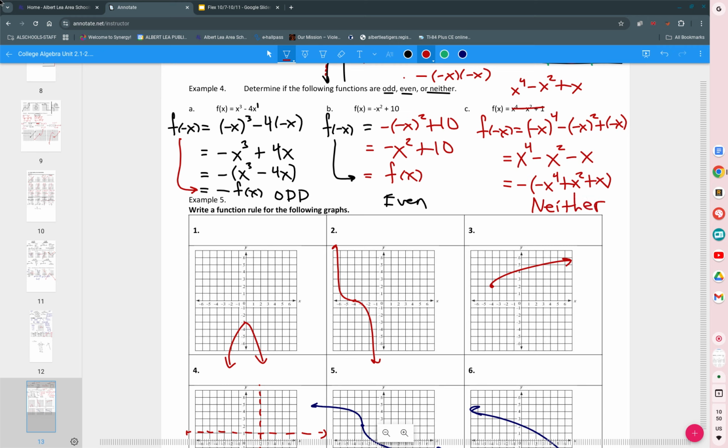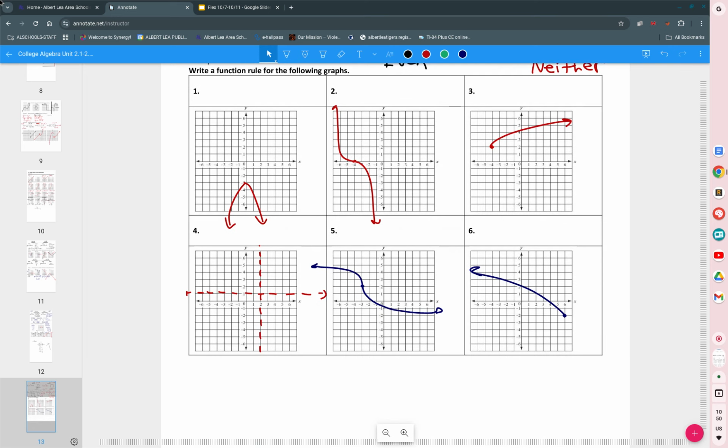Even and odd functions have interesting properties that help us out in math as we move forward, especially second semester. We're going to see that play out. You good with that? Okay, so last thing we're going to do, I want you to draw these 6 onto your